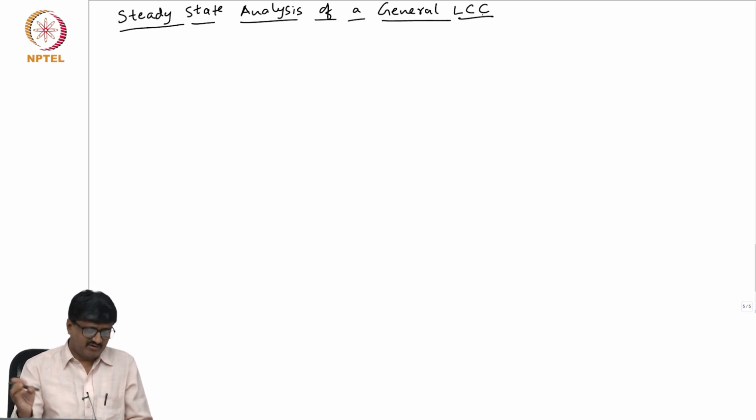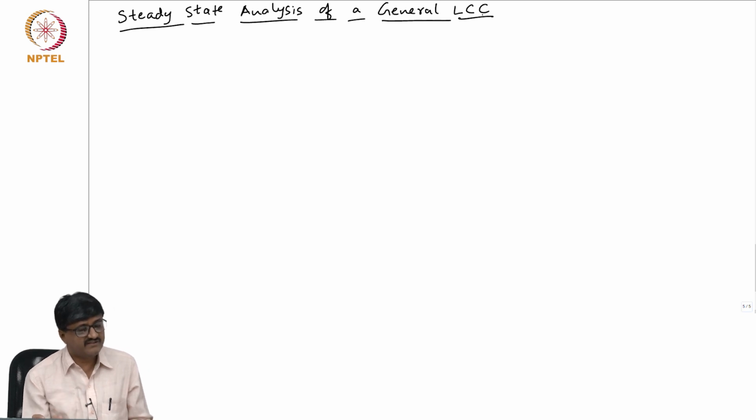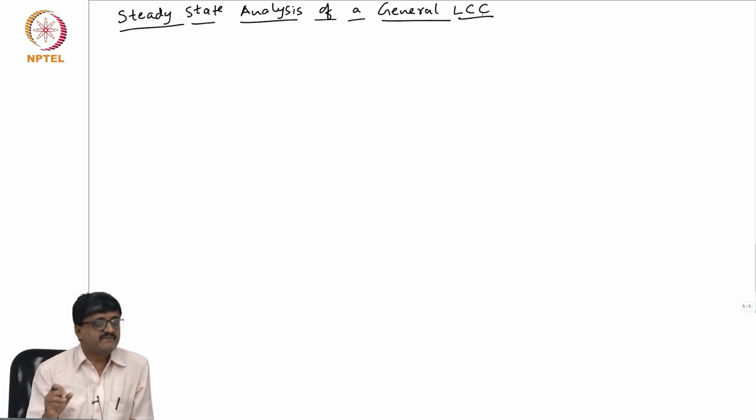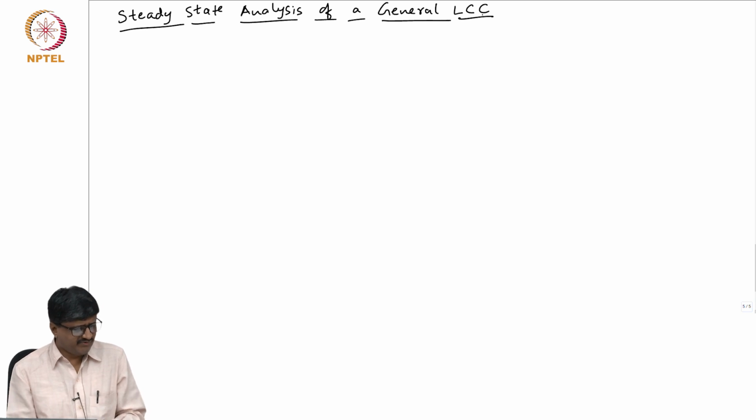Now, these complex cases are not as easy to analyze as we did till now. What we have considered till now is a very simple circuit. A current source on the DC side and a voltage source with inductance on the AC side is a very simple circuit. There can be more complicated circuits for which it is not as straightforward as in the easier case to get the steady state analysis. But it is not necessary to take each and every case separately and analyze. We can do a very general analysis and apply it to special cases.